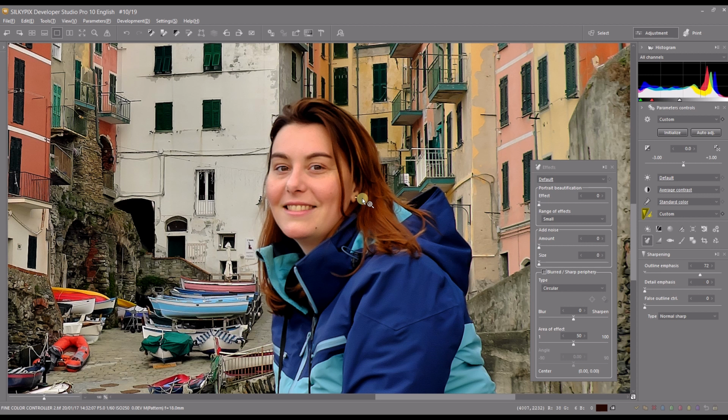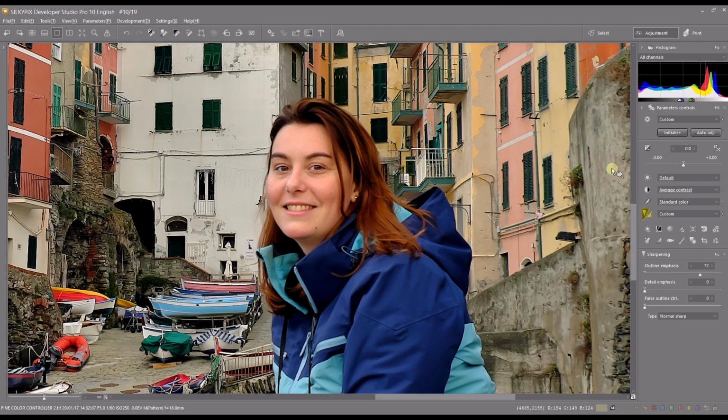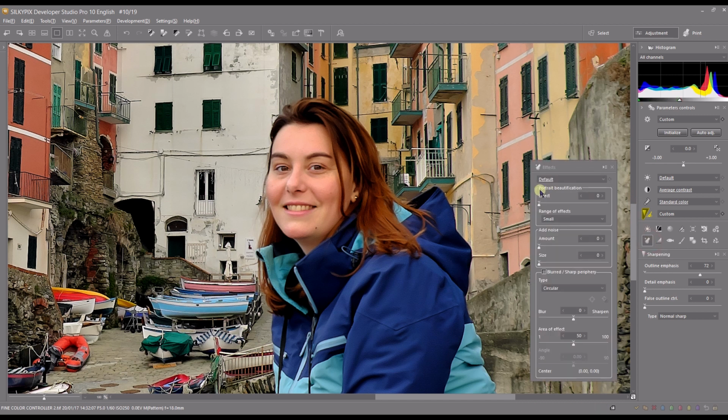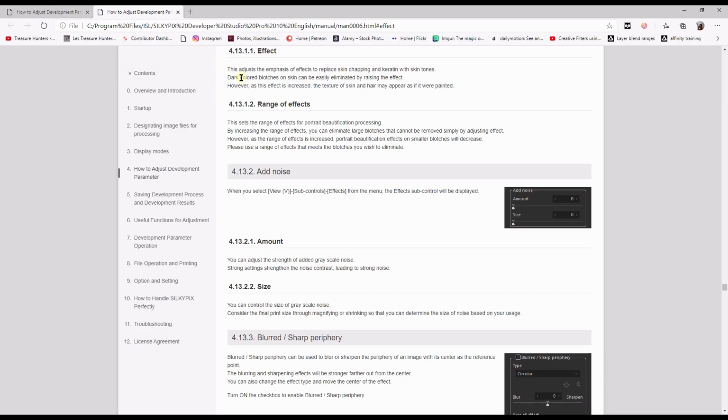In this final episode of the Silkypix Developer Studio Pro 10 tutorial, I'm going to show you how to smooth your skin tone in Silkypix by using the effects, and then you have the option called Portrait Beautification. I'm going to show you the manual of Silkypix Developer first, so that at least you can see how that works. So what it does, according to the Silkypix developer, in effect, this effect, the emphasis of